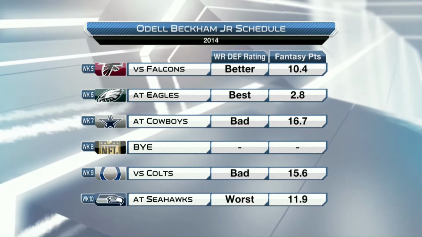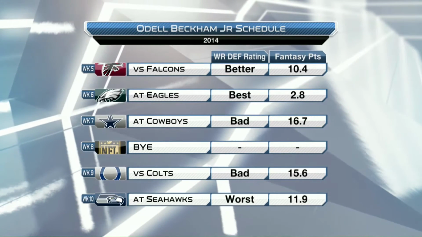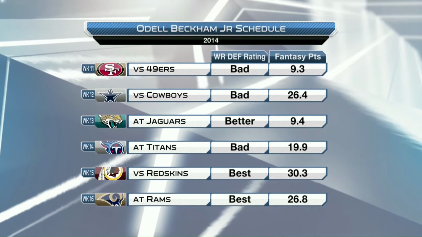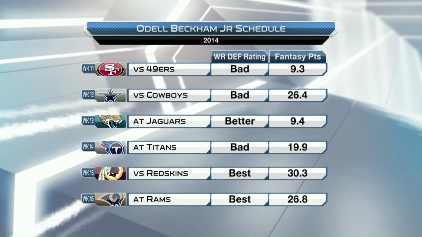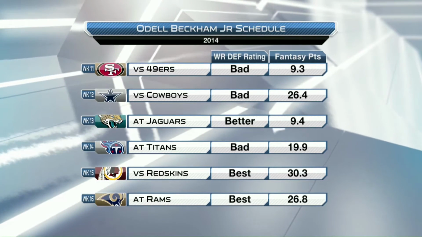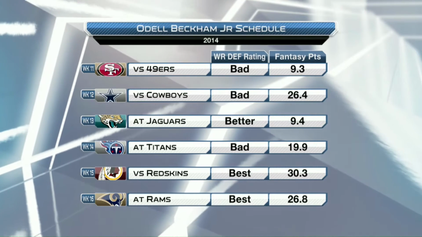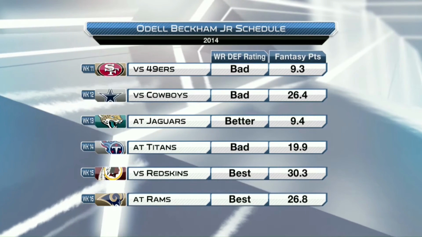This is his schedule from last year. He started in Week 5 because he had that hamstring injury, and you can see that he's got a couple of bad and worse matchups there. But in the 6 bad or worst matchups he faced last year, he scored at least 9 points every time. So even though there's a bad matchup, he's performing almost double digits, and you see he finished the season strong against 2 of the best matchups he had in your fantasy playoffs, 30 and 26 points respectively. That's why he's a fantasy darling.